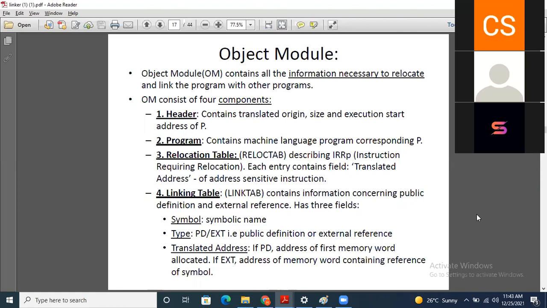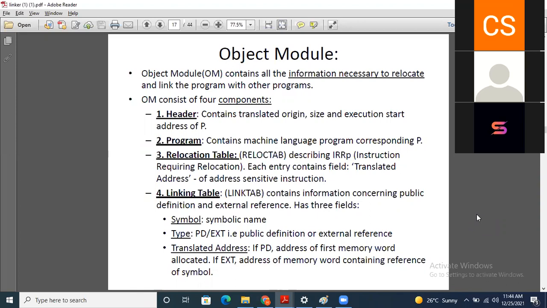And one more component, that is the linking table, which we call link tab. It contains information concerning public definitions and external references. For that purpose, we have 3 fields.